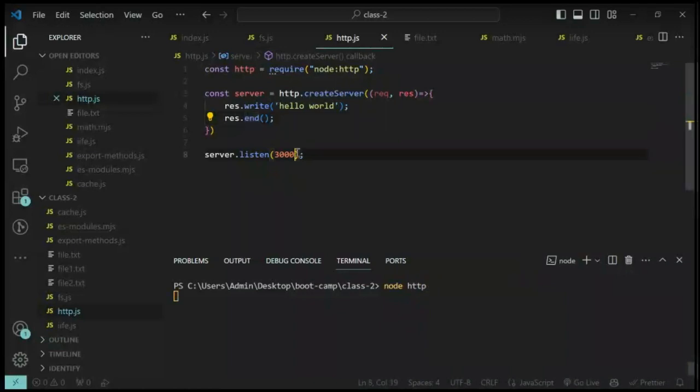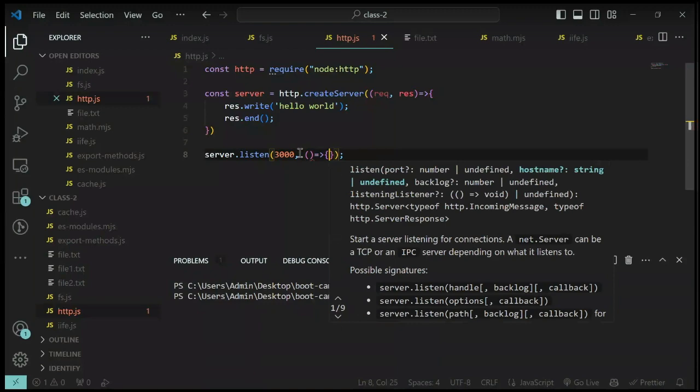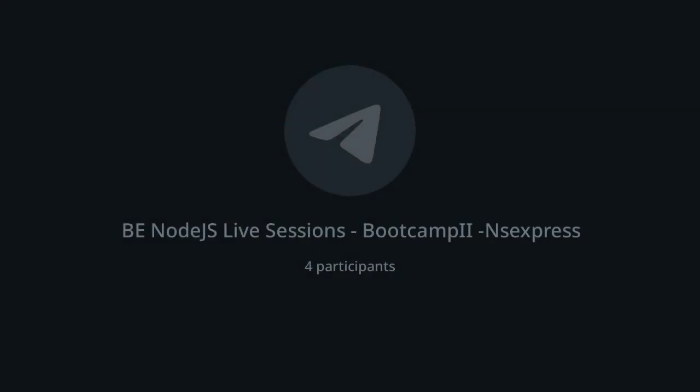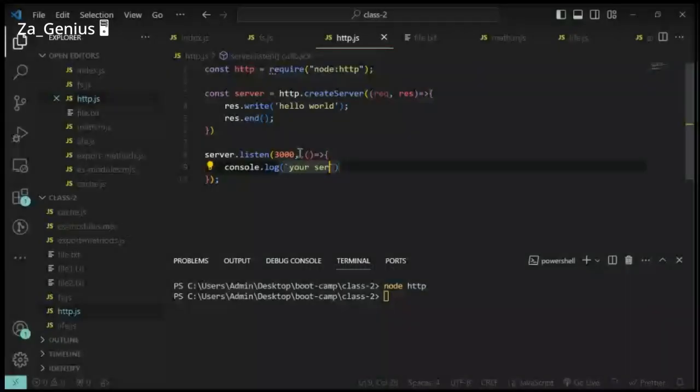Okay, you know what? Let's do this. I want it to tell me it is running already, so let me add a callback. So console.log. Come on now. This is our template feature. Alright, please bear with me, I really don't know what is happening. So your server is running on